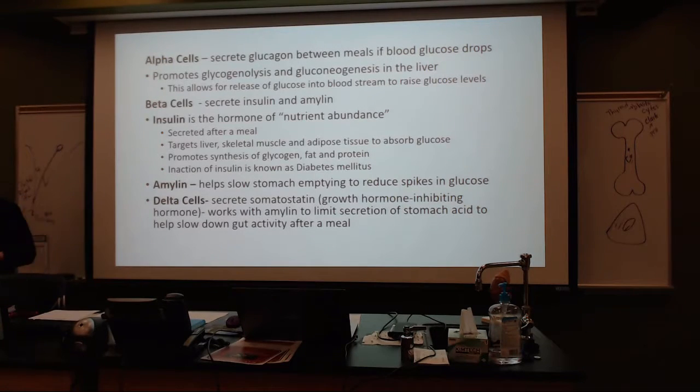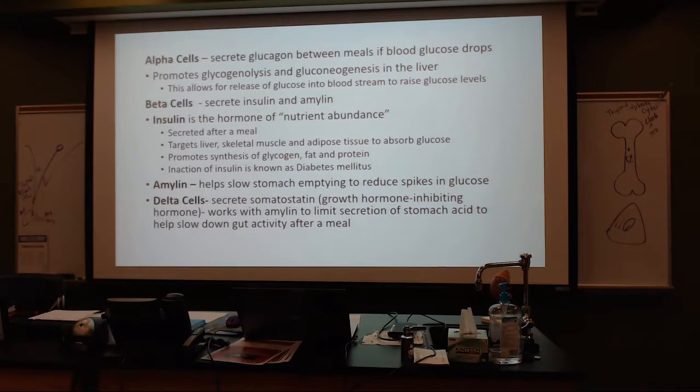But we know that things can go wrong, and the result is diabetes. We tend to refer to diabetes as diabetes 1, diabetes 2, but we can't forget that we also have diabetes insipidus, which is associated with ADH, which we'll talk about. So, those alpha cells in the pancreas, in these little islands, their job between meals, if our blood glucose drops,